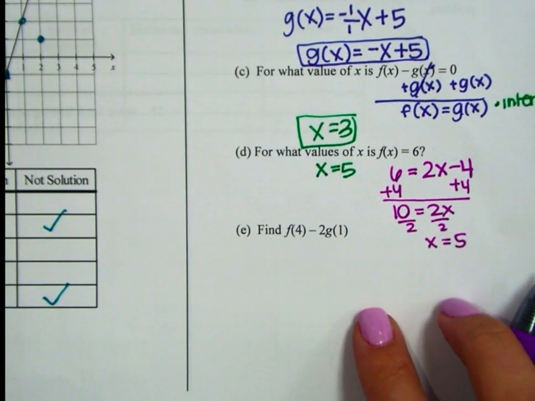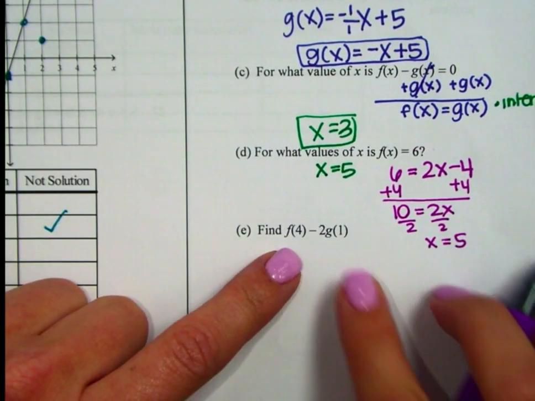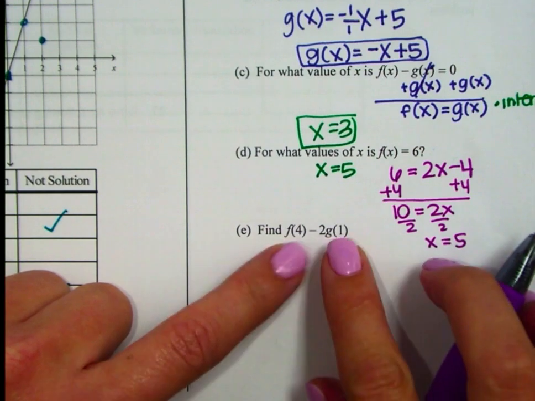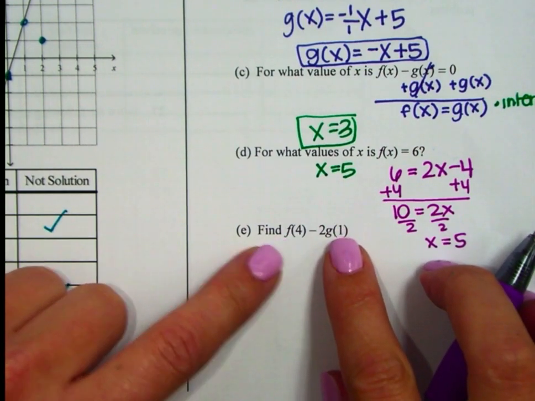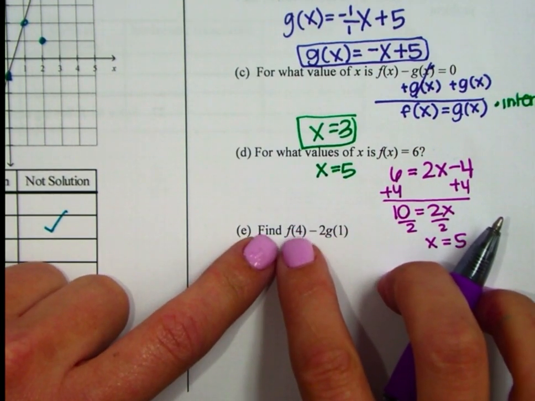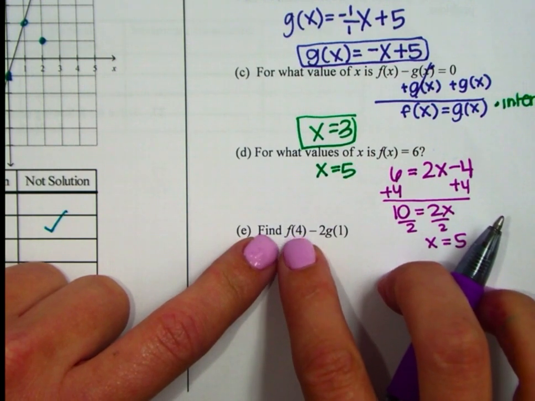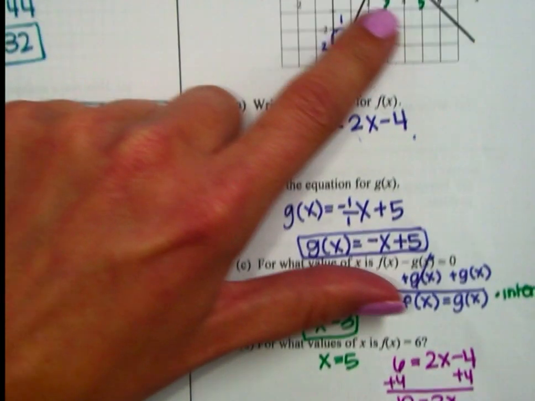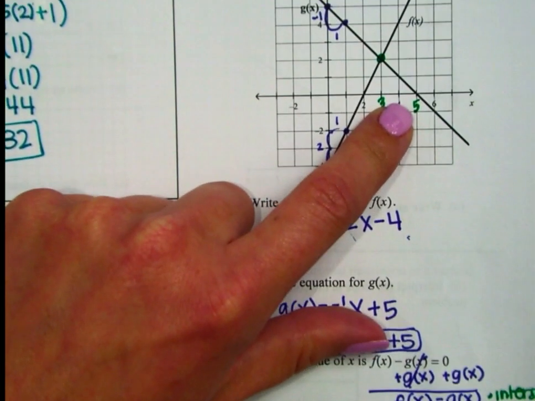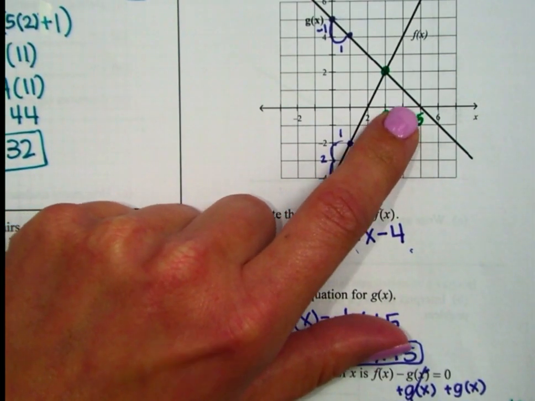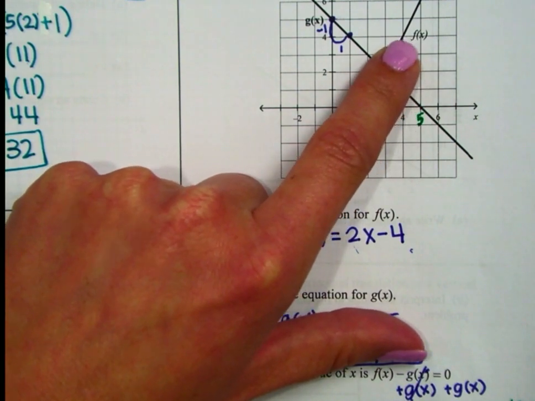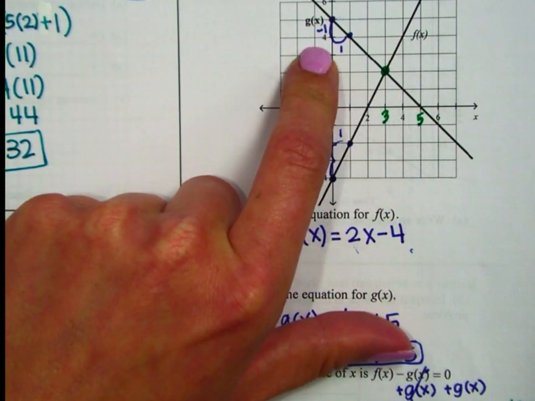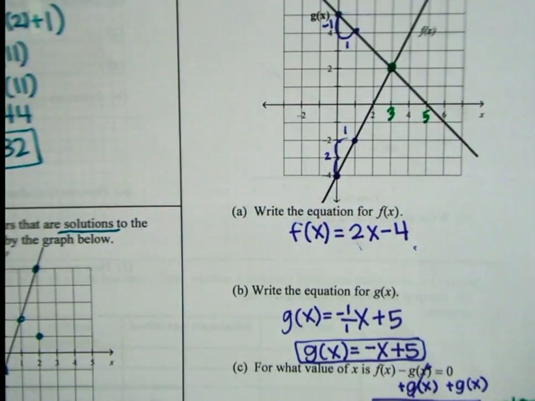Okay, for part E, we can read the graph again. I'll show you how to do that, and then I'll show you how to use the equation. So if I want to find f of 4 in the graph, 4 is in parentheses, 4 is your input or your x value. You go to 4 on your graph for x and find your f. F is up here at 4. So I know f of 4 is 4